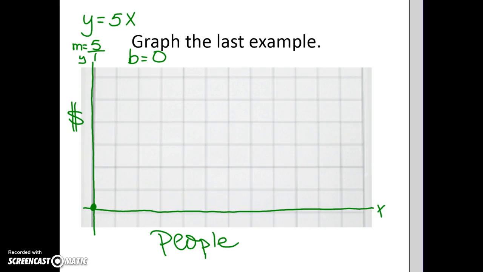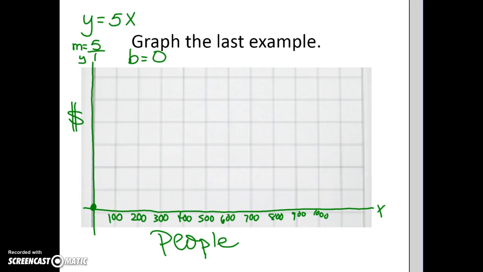In fact, I'm going to count by 100 on the people, and I'm only going to go to 1,000 on my graph. Okay? And for my y's, for my money, well, if I had 100 people come in attendance, I know that